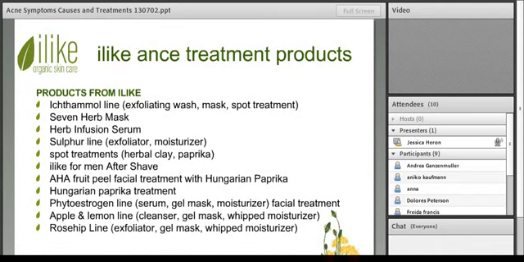The rosehip line, you have your rosehip exfoliator, your rosehip gel mask, and your rosehip whipped moisturizer. Although this product line is number one for our rosacea clients, clients that have rosacea associated with acne or that papular rosacea will benefit from using our rosehip line. They have more of a lighter, more mattifying sort of finish or texture, and also have clarifying benefits as well,